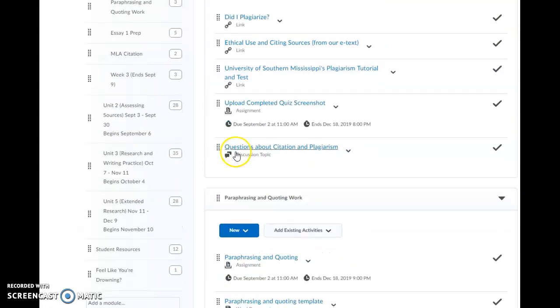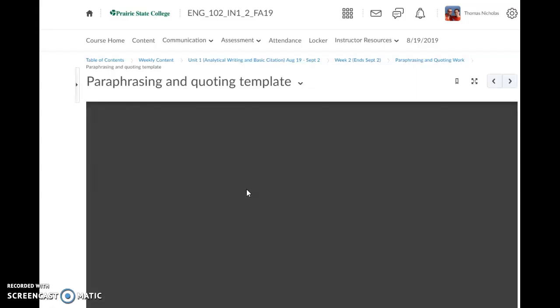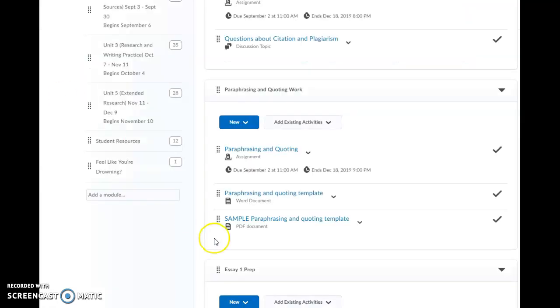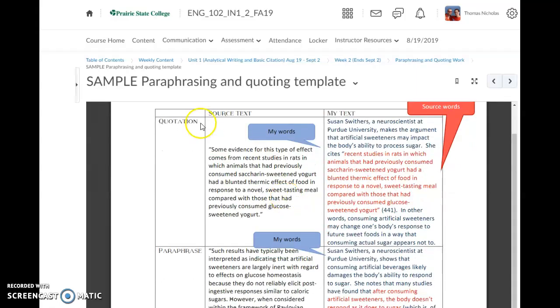Okay, so there's an exercise here. There's the assignment. This is the template. Okay, and all this is a Word document. This is the first of many Word docs you guys will encounter over the course of the semester. And to help you understand what you're supposed to do, there's a sample one. Okay, and you can see what I've got is the direct quotation from the text, and then